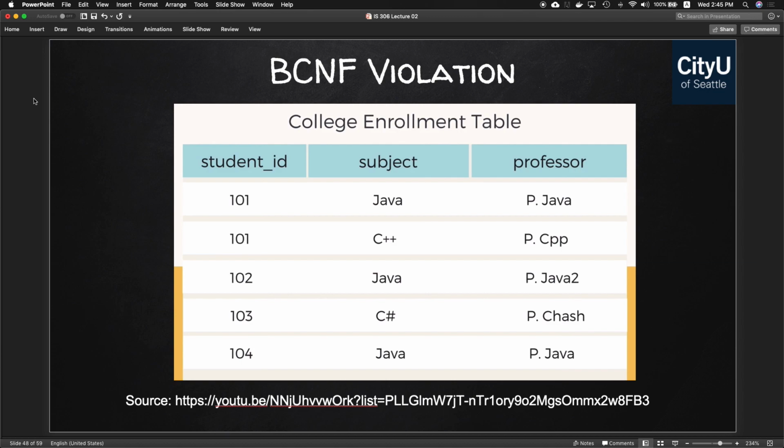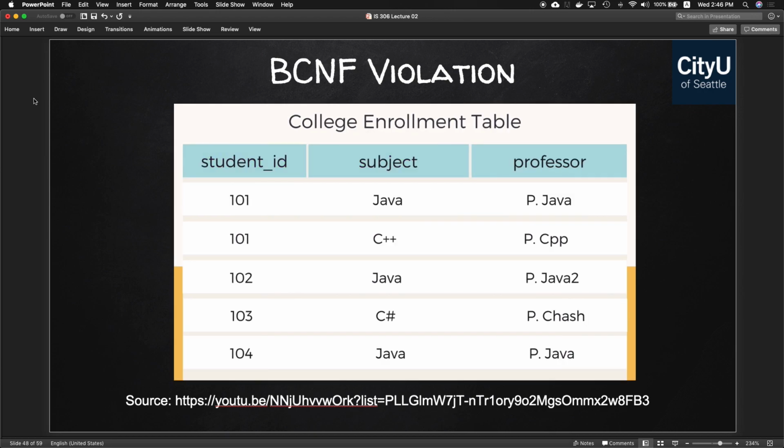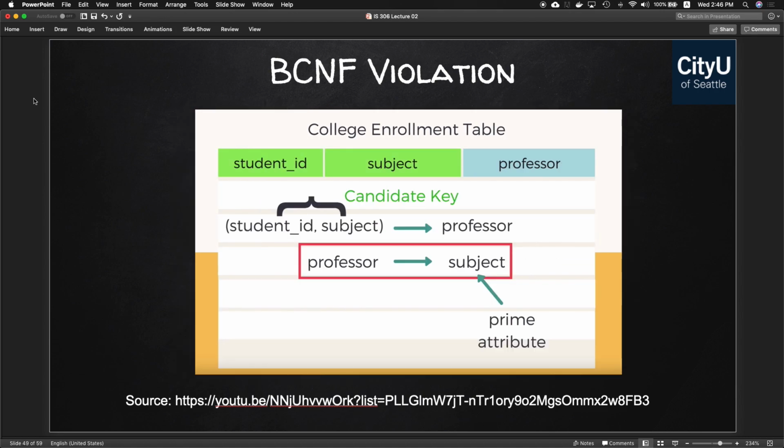So this one and this one, that one. Yes. Oh, but you can't derive student ID from professor. Yes. And then the next one would be the professor can find the subject. So meaning, if I always search for Professor Java, I'll always get Java subject. If I search for Professor Java 2, I'll always get Java as well. So that's what it's saying there. Okay? However,